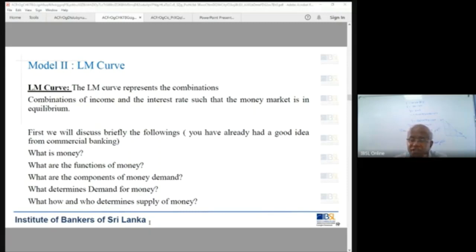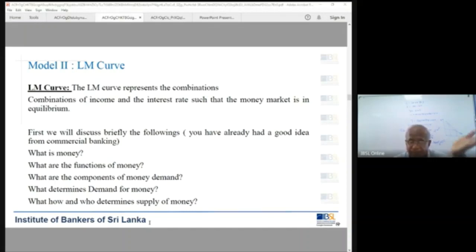Precautionary purposes, to finance the unforeseen contingencies. I finish the lecture, I fall ill, I'll be hospitalized. So to pay them, initially you have to pay. If you go to the Asiri, before your admission, you have to pay an advance of 15,000 rupees. So you have to pay, either use a credit card, or sometimes some hospitals say credit card is not accepted, cash is.